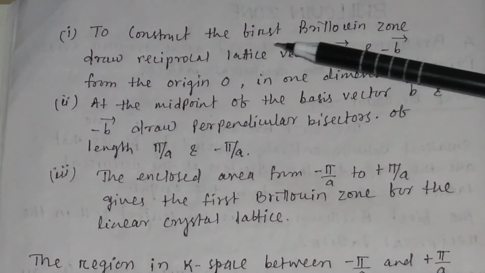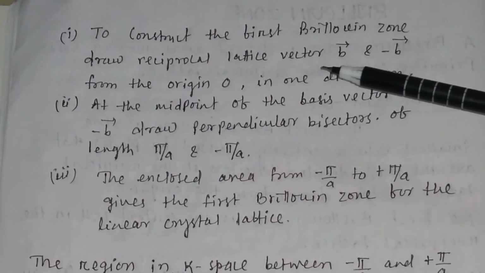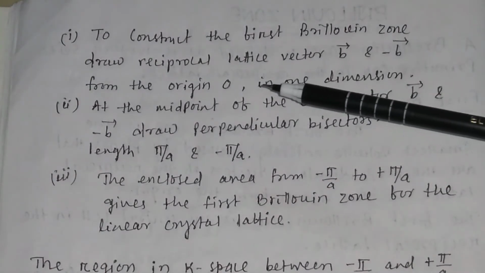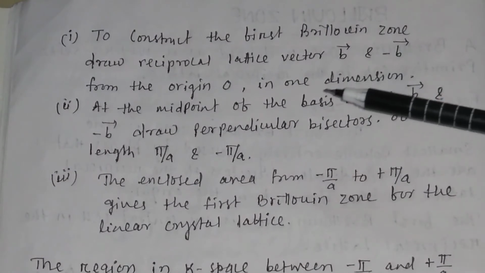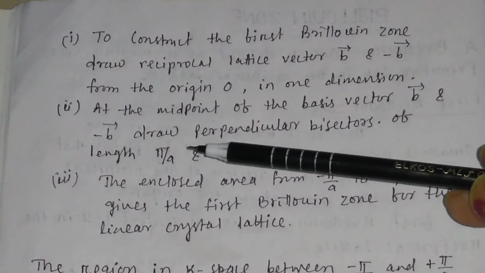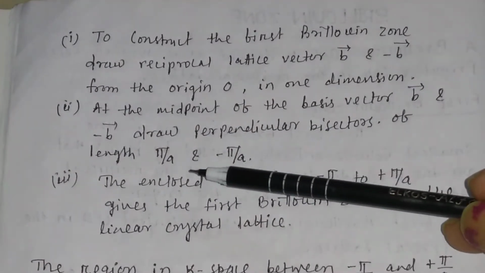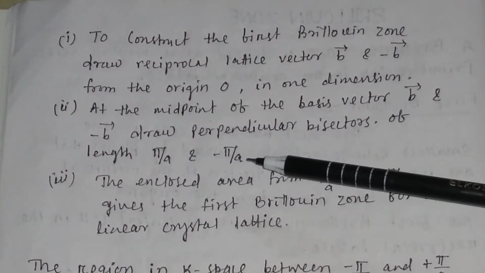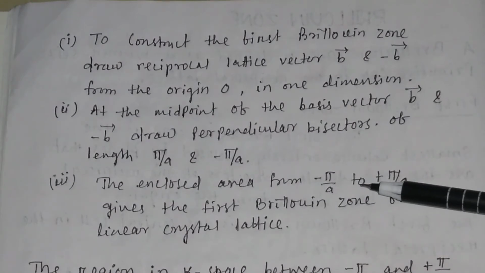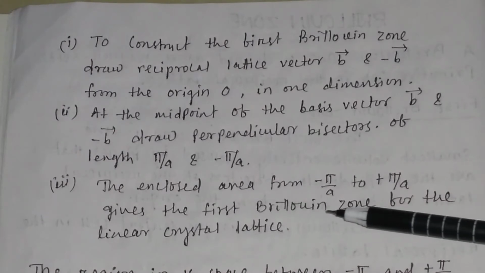To construct the first Brillouin zone, draw reciprocal lattice vectors B and minus B from the origin O in 1 dimension. At the midpoint of the basis vectors B and minus B, draw perpendicular bisectors at π/A and minus π/A. The enclosed area from minus π/A to plus π/A gives the first Brillouin zone for the